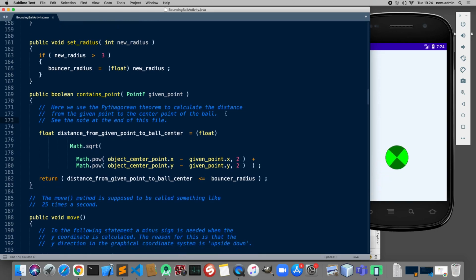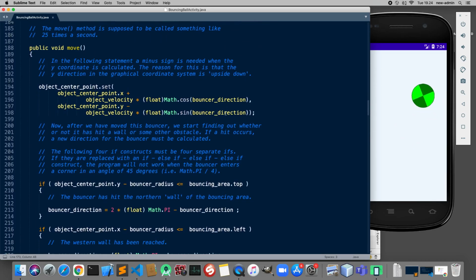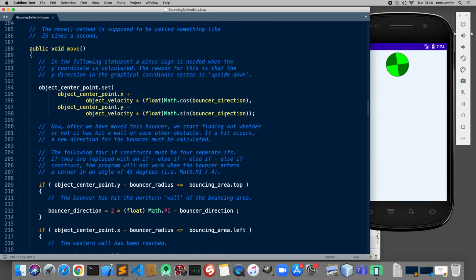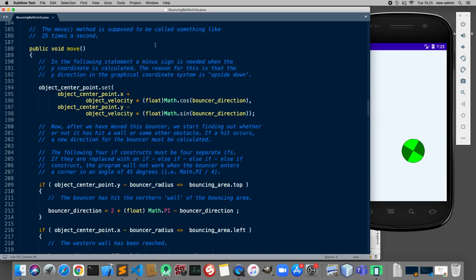But then there is this move method. And this is now somewhat interesting, as it is called something like, in this program, 25 times each second. And what this simply does, it takes